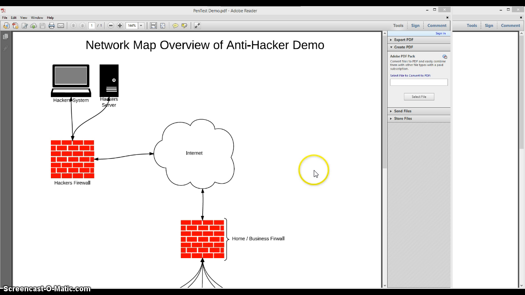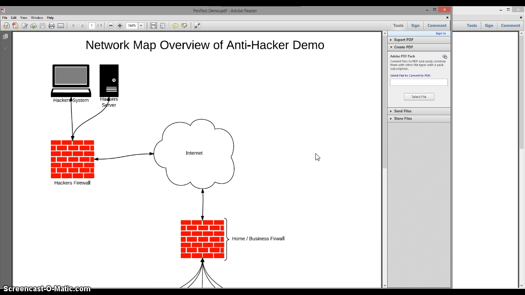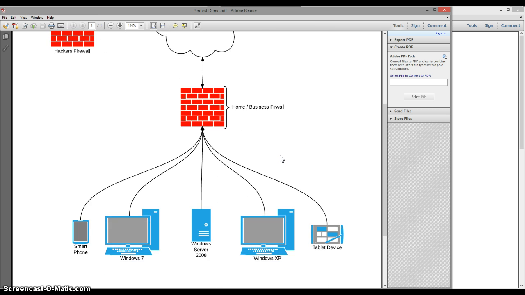The first document we have opened up here is our network map overview. As you can see, the blue systems down here symbolize the healthy, clean network. This would typically be your home or business environment. All the systems are protected and connecting through a firewall, labeled here as the home business firewall. The environment has smartphones, Windows 7 devices, Windows Server 2008, Windows XP, and tablets, and there are other devices as